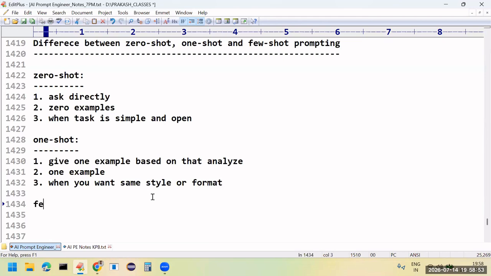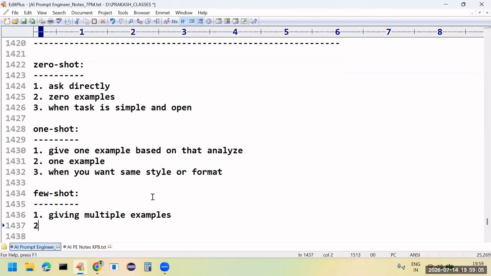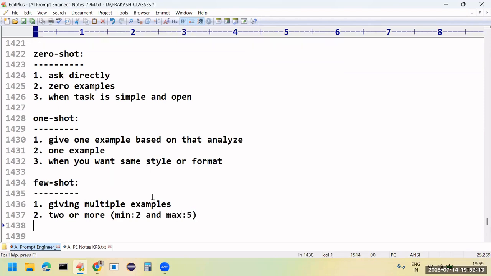Then what about few-shot prompting? Few-shot prompting means giving multiple examples. How many examples? Two or more, but make sure minimum two and maximum five examples.